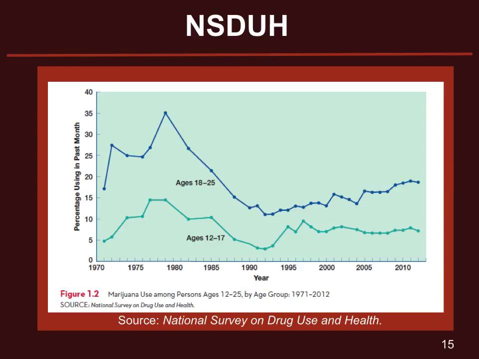So here's some data from the NSDUH, and we're looking at percentage of users who reported marijuana use in the previous month. We can actually see how those lines are relatively parallel, even though we're talking about two different age groups and two different rates of prevalence. The patterns are pretty similar. And if we went back to the Monitoring the Future study over the same period of time, we're going to see a really similar pattern there as well. Let's take a look at another set of